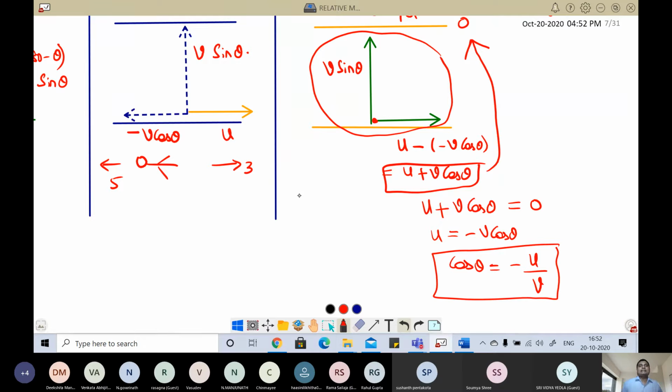And here in this case, please remember the drift is 0. I think I told you 3 times. Drift is 0. So please remember, for the shortest path, drift is 0 and time is equal to d by root over v square minus u square. And in the first case, shortest time, t equals d by v, that is width of the river by man's effort, and drift is equal to minimum time into river velocity, and then man's velocity with respect to ground, magnitude and direction.